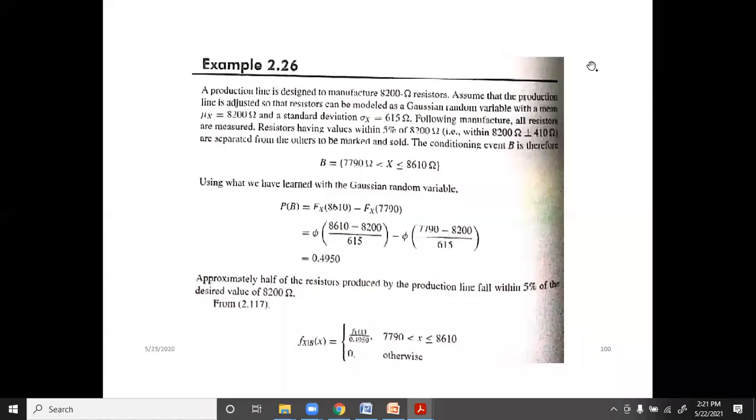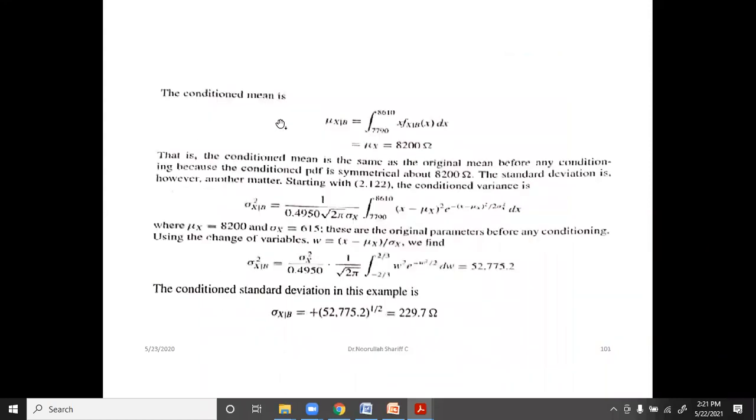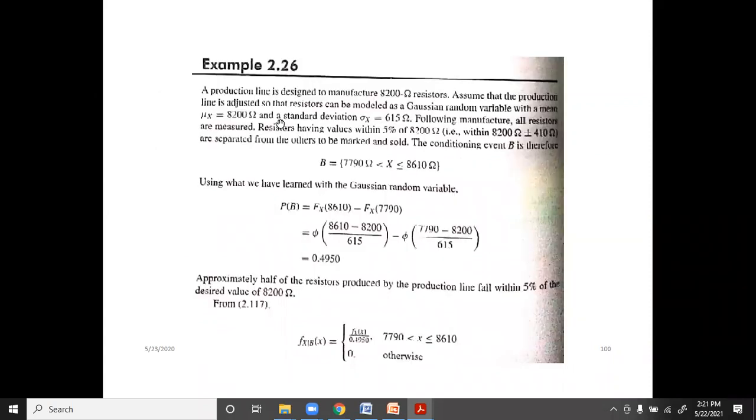Okay, let us continue from where we have left off. A production line is designed to manufacture 8,200 ohm resistors. So we are trying to manufacture resistors which are of 8,200 ohms. Assume that the production line is adjusted so that the resistors can be modeled as a Gaussian random variable